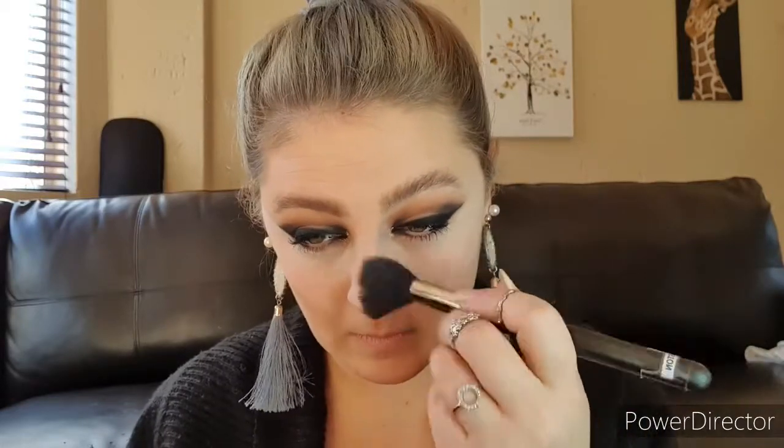Okay, so the powder has been sitting on my face for a few minutes now. I'd say about 10. So what I'm going to do is I'm going to go back in with my 129 and I'm just going to brush away the excess and just kind of blend in the powder into my skin. So now that we have kind of baked the face,